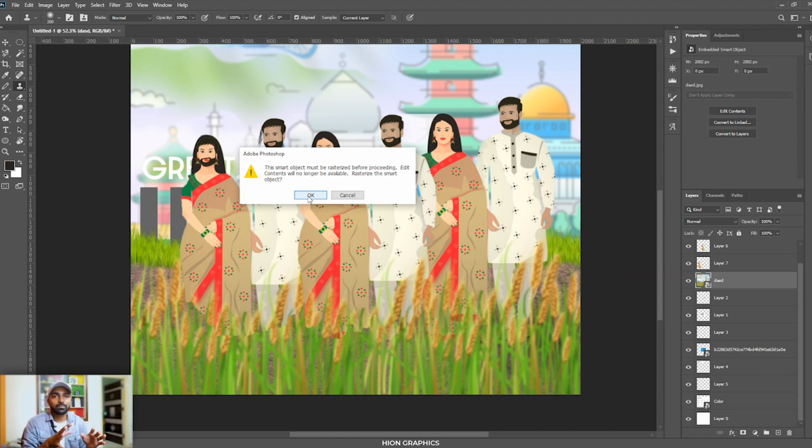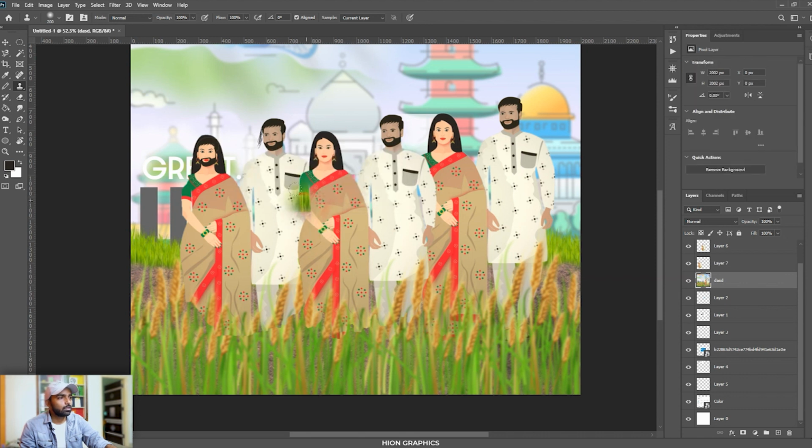So what is a smart object? A smart object itself is a separate document. Okay, so this separate document can be opened in a separate tab of Photoshop, and then on that you will be applying more effects. So just after this I will explain what a smart object is, but let me complete the tools panel. Right now I will just click on OK, and you see the green data on the image now.